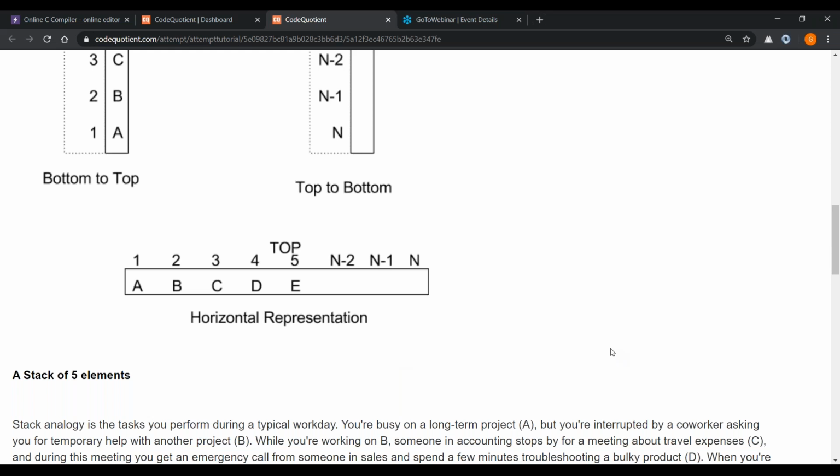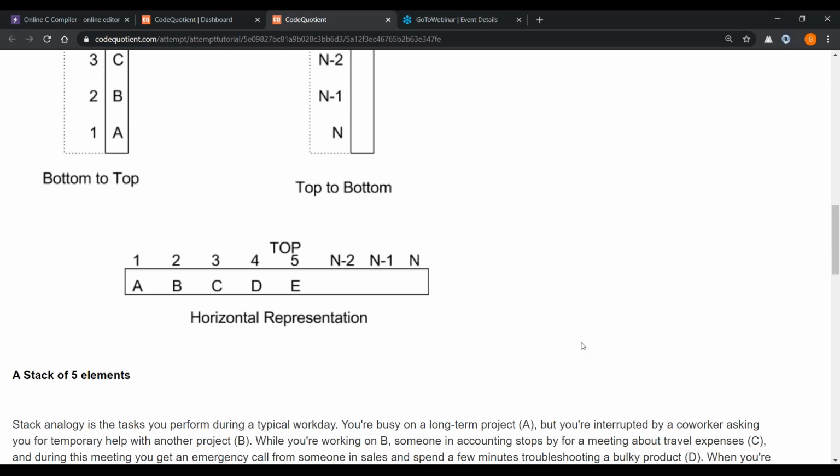But I will try my best to introduce this concept with a little bit of data structure. So kindly understand the scope of this lecture is implementing a stack using an array, not a linked list, because that needs a concept called a self-referential structure and so on, which will ideally be done in C++ or Java.